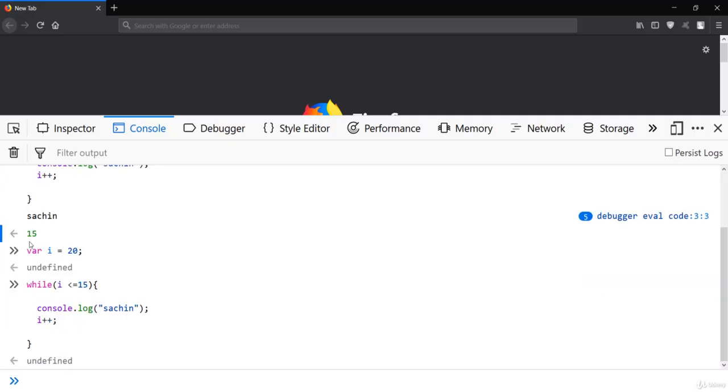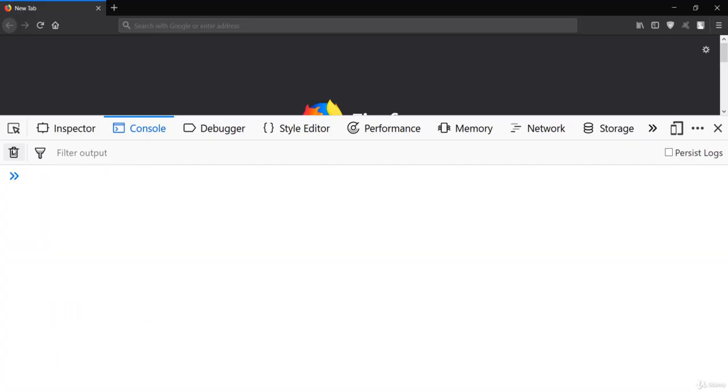That means the condition is false over here, and when the condition is false it won't execute even one time. So if the condition is false it won't execute in the case of a while loop, but in the case of a do while, at least one time the code will be executed, and it doesn't matter whether the condition is true or false.